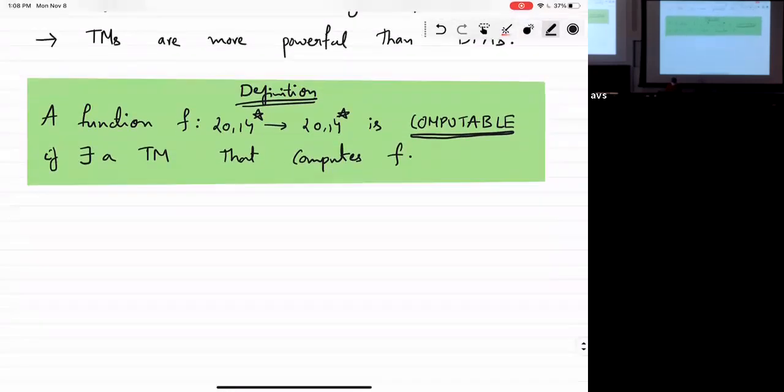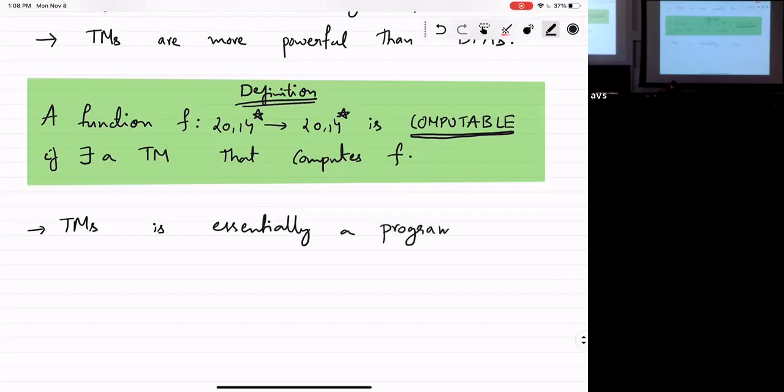And as it turns out, we can also say that Turing machines are essentially a programming language. Right? You can give a sequence of instructions, define some variables, and in the end, it puts out an output. So it is like a programming language, but it seems extremely limited, right?